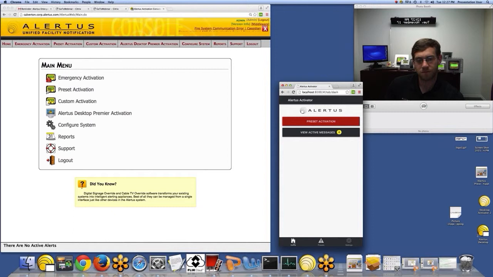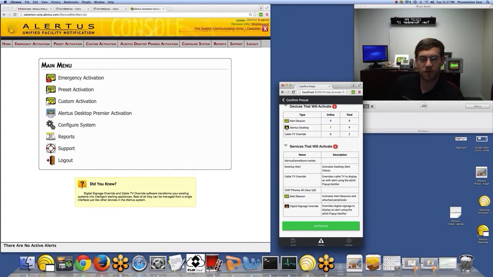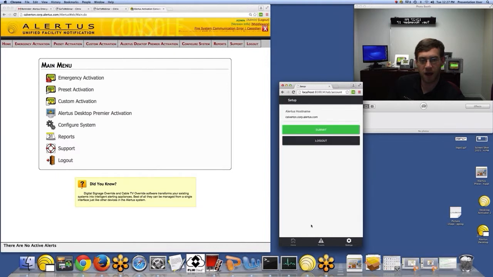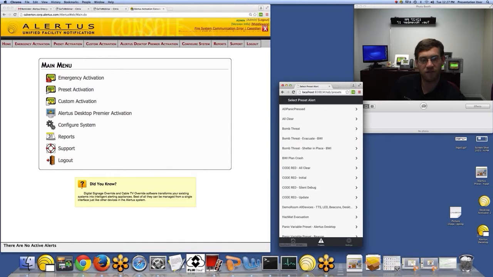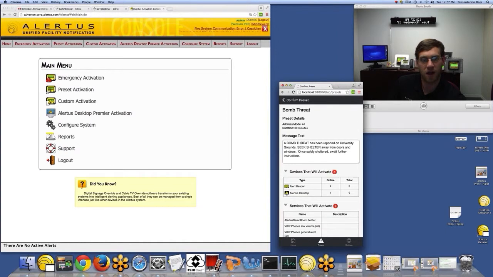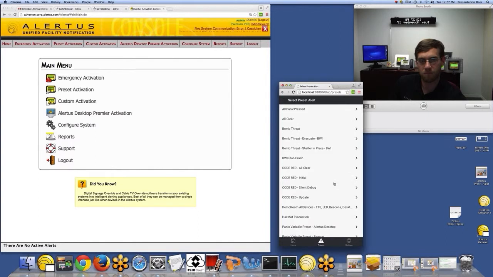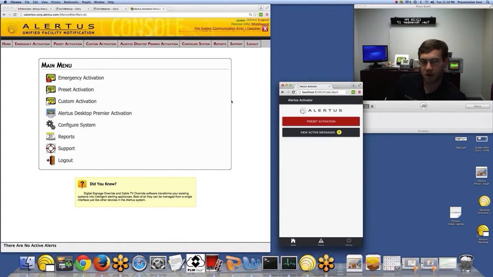You can go to presets automatically, pull those presets up. You can bring your settings up, log out, make any changes within the settings, and or you could also navigate using the top bar. So if we're in bomb threat, we need to come back. You're able to use generally accepted mobile scrolling and viewing interface capabilities. So from there, I'll jump back into our